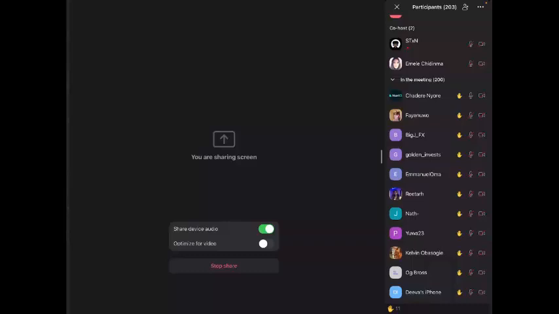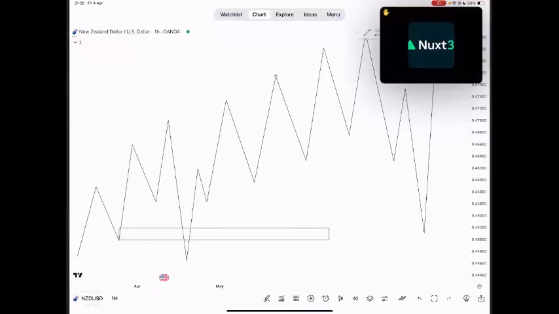The first one is about PD arrays, like order blocks, breaker blocks, and reclaim blocks, which you taught us recently. If you can go back to the chart, or I can maybe explain it right. Let me just ask it. You have an order block. For example, this one that you drew here, this box here, when the price retraced to that place, we were all expecting, or people who might not know about order blocks and breaker blocks were expecting, that it was supposed to buy from that place, right?